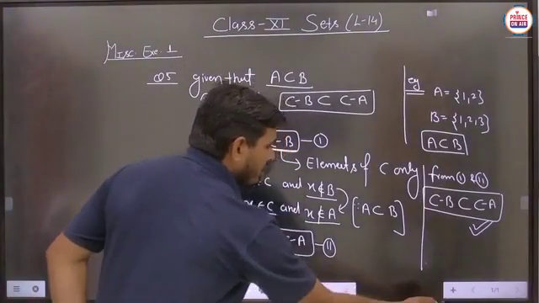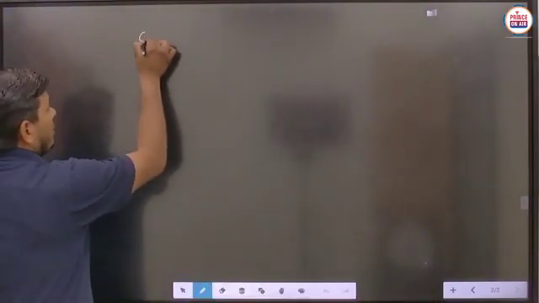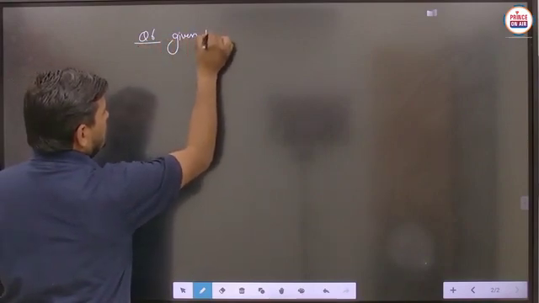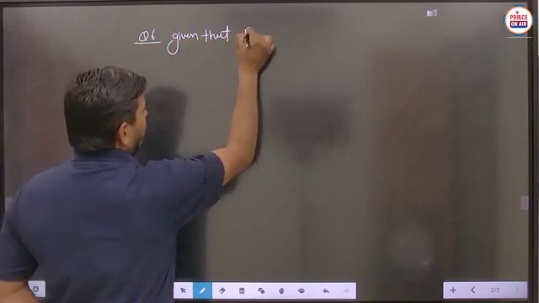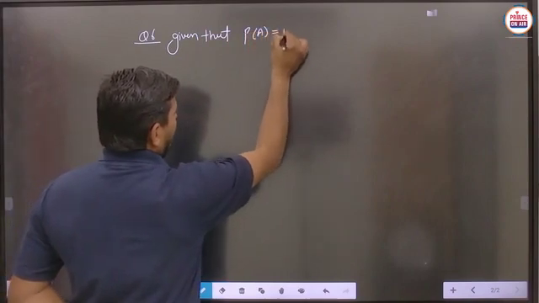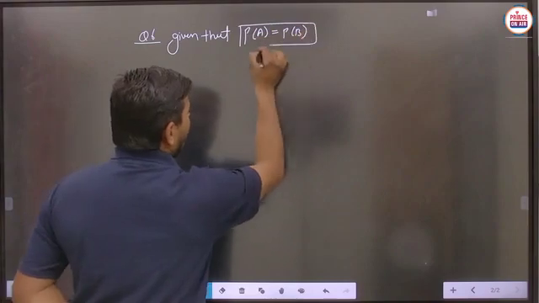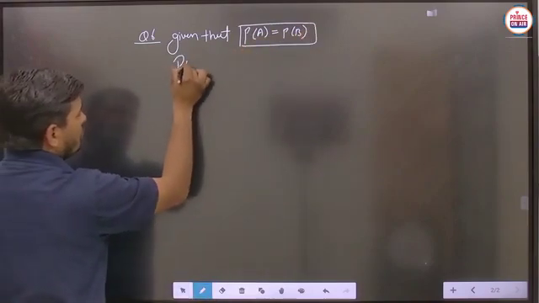Next question number 6. It is given that P of A equals P of B, meaning the power set of A is equal to the power set of B, and we have to prove that